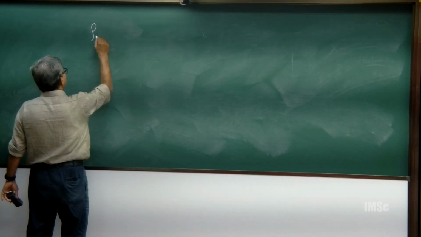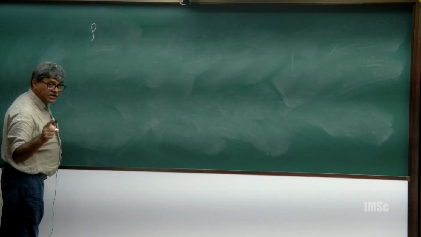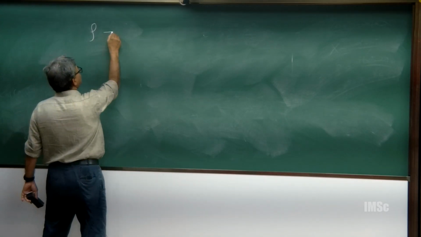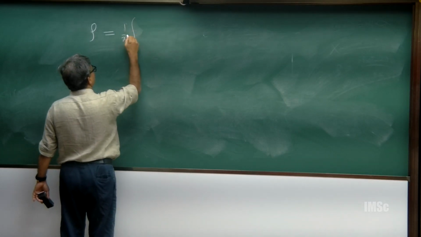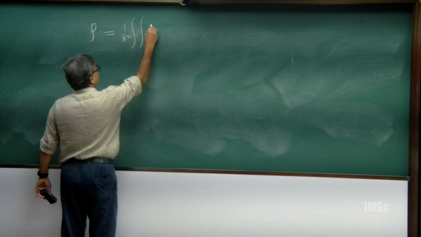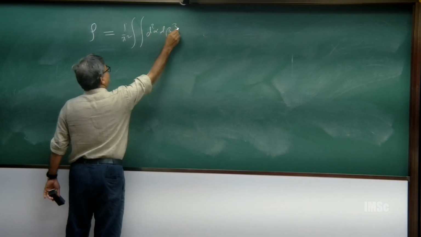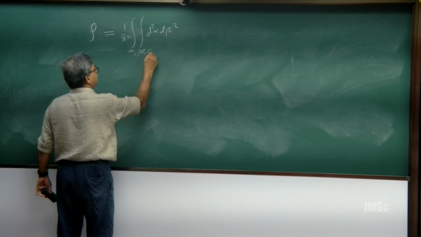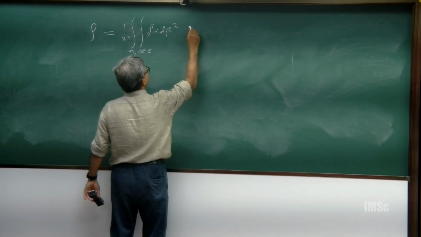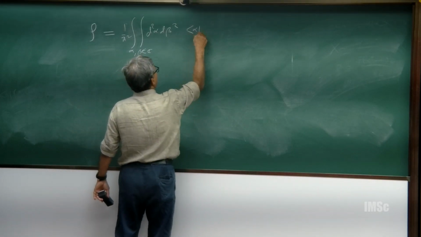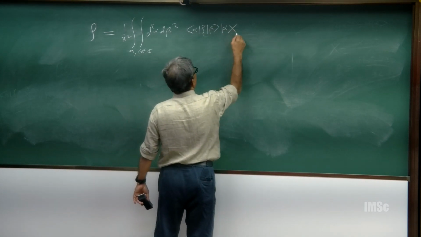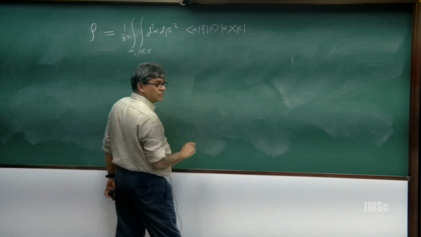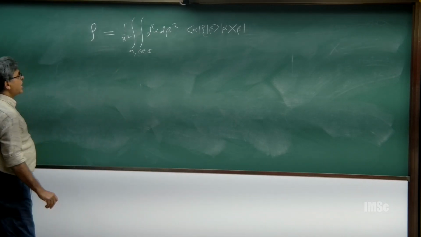Then because of the over completeness of the coherent state basis, we know that I can write it as 1 upon pi square, integral d square alpha, d square beta, where alpha and beta are in the complex plane. So, this is alpha rho beta, then this is |alpha><beta|, right. This is what we have seen, and